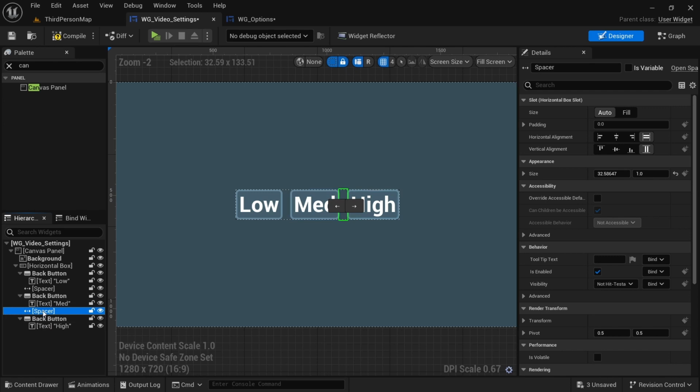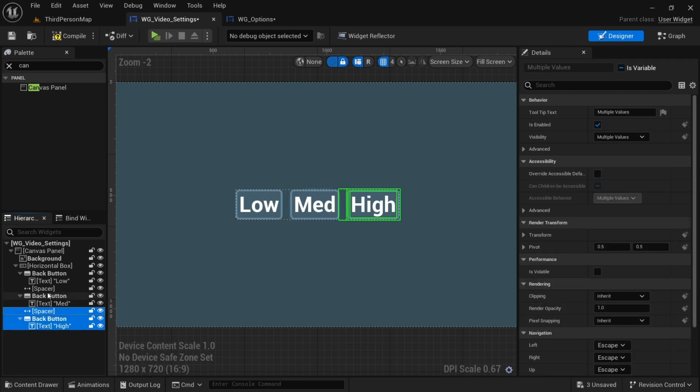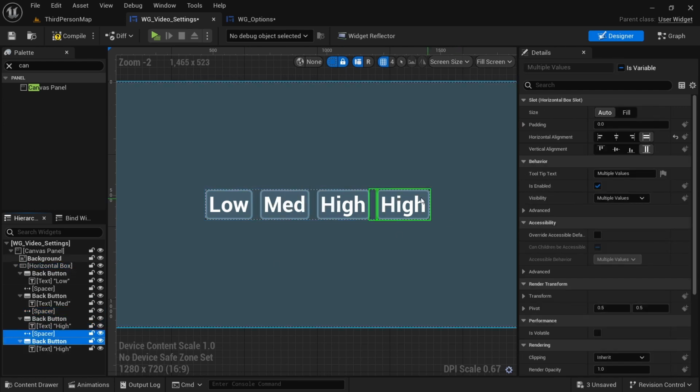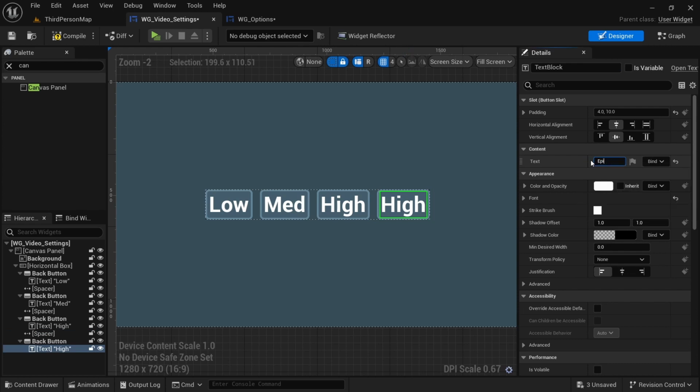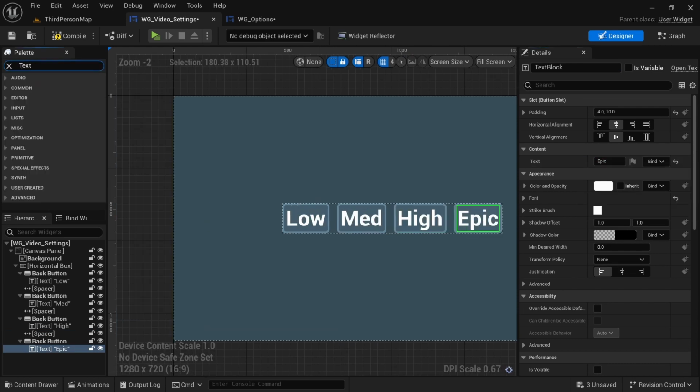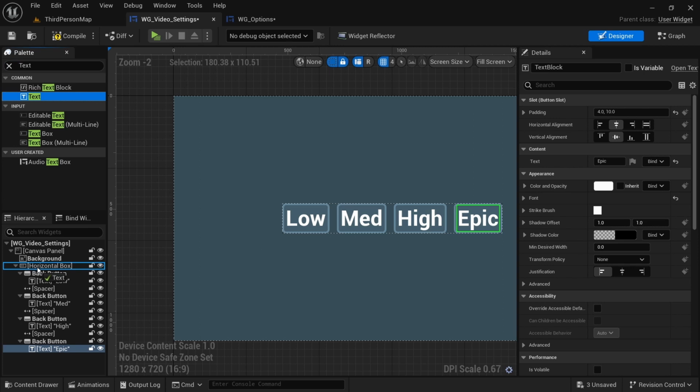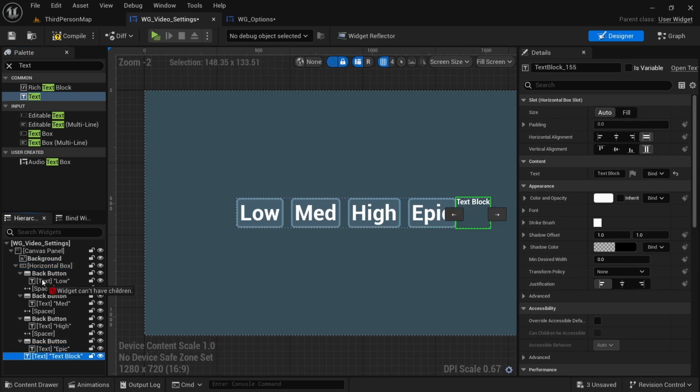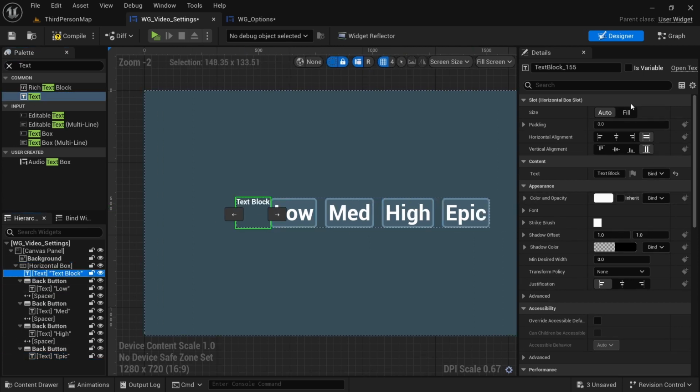And then I'm going to select the spacer, the button, text, and then I'll copy, select the horizontal box, and paste. And then I'll change this to epic. And then I want to get some text, drag that into the horizontal box, and with the text selected, I'm going to drag that up to the top all the way over here, and then I want to change the vertical alignment to the center,